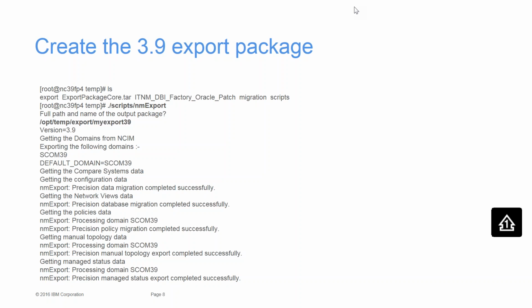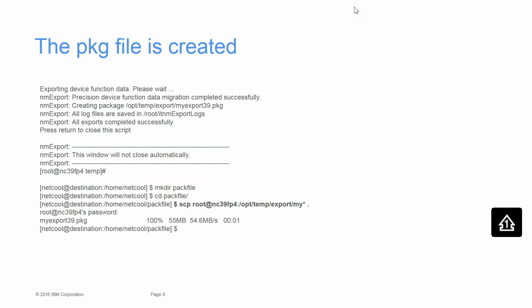My domain was called scom39. It's getting network view data, some policy data, that's my polling, some other stuff. But you can see it's going to collect all this data on my 3.9 system for my core part of my installation. It finishes, it creates a PKG file, I call it myexport39.pkg. It finishes, and now I just take this file and I'm going to put it back over on my,